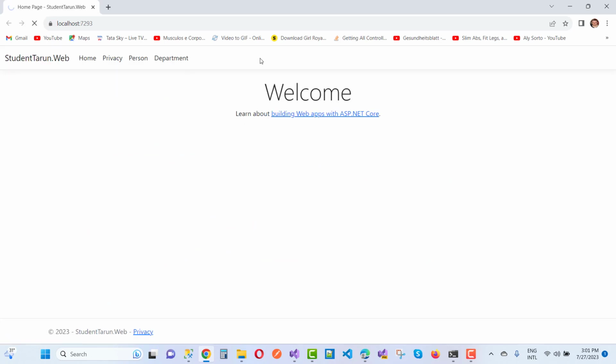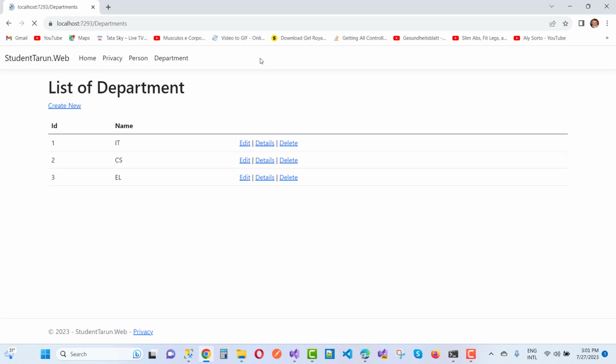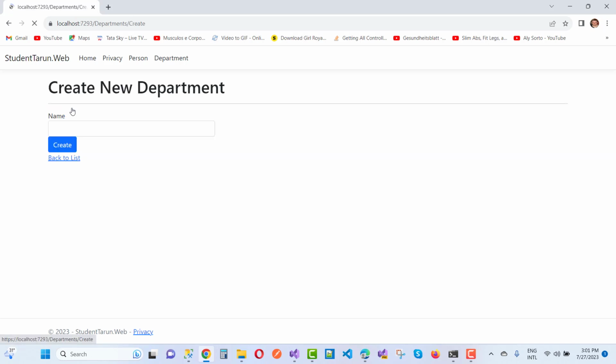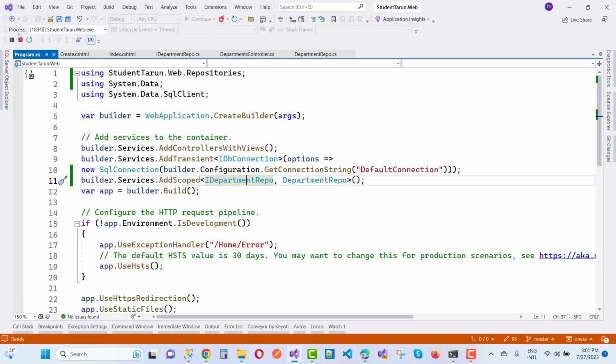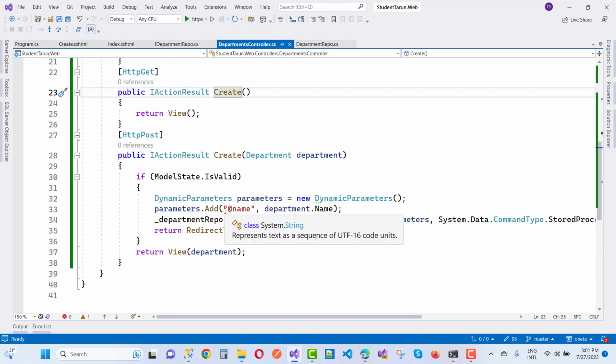So here we have a department. ITCS and EL already exist in the department table in the database. So just create a new one, and MP is the department name. Here we have the department list, and I want to delete the operation. I want to follow it. So stop this first of all, and in the departments